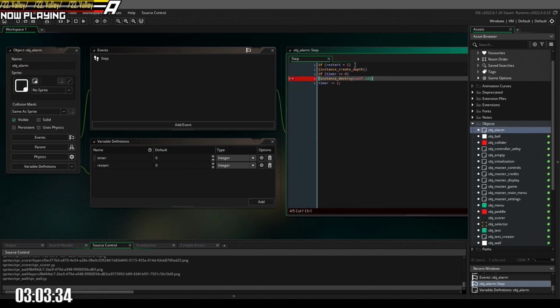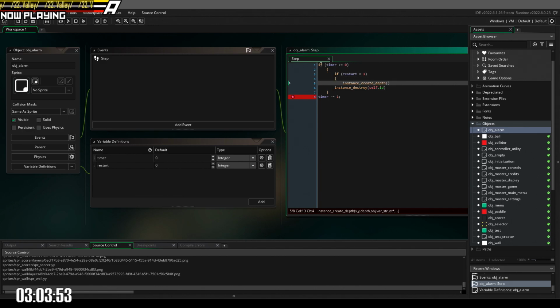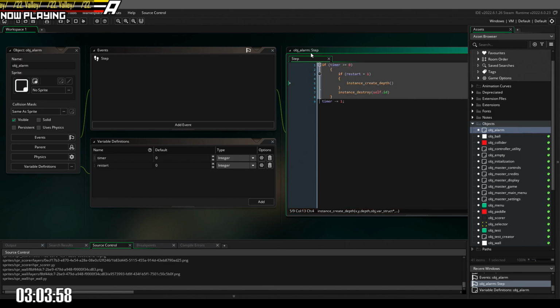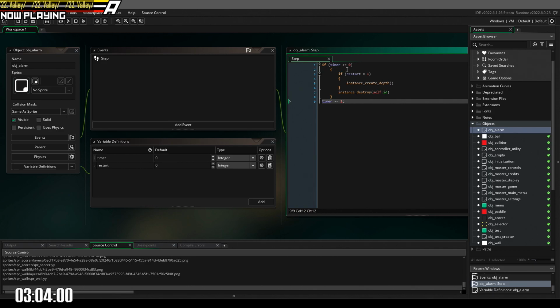Gonna do this. Okay, do this. Okay, so if restart is equal to 1, so we're going to make a timer object. If the timer is less than or equal to 0, not greater than or equal to 0, if restart is equal to 1, it'll